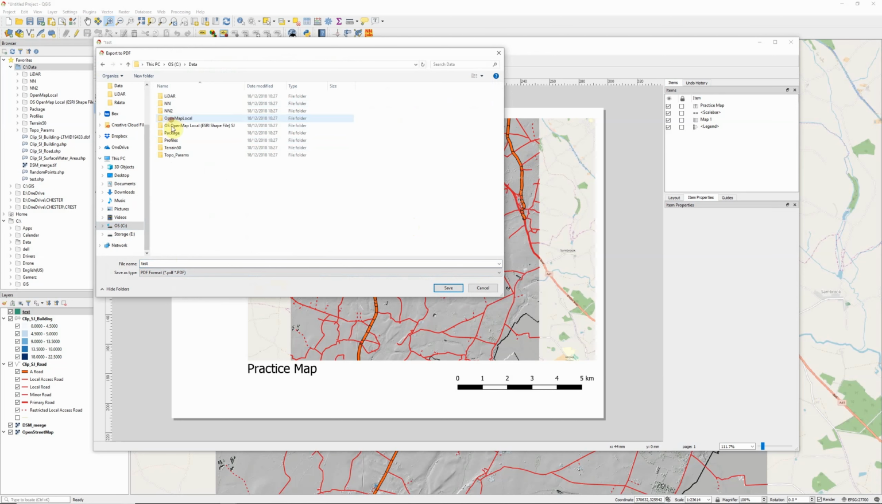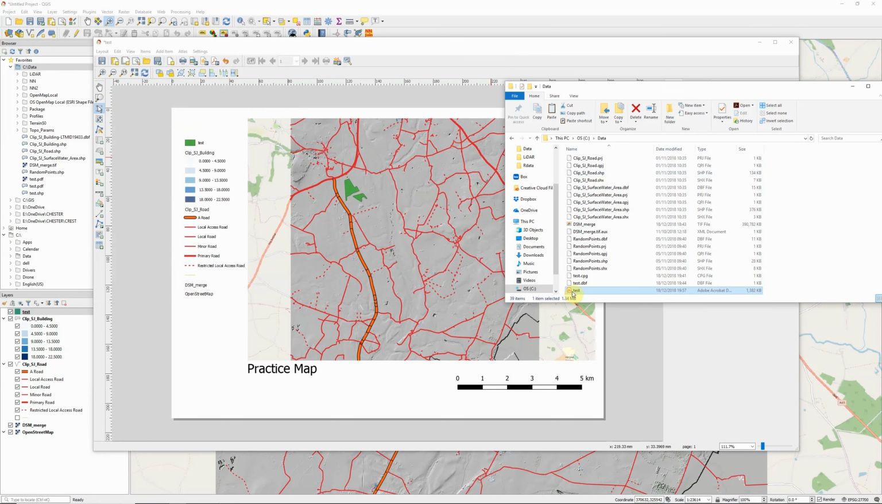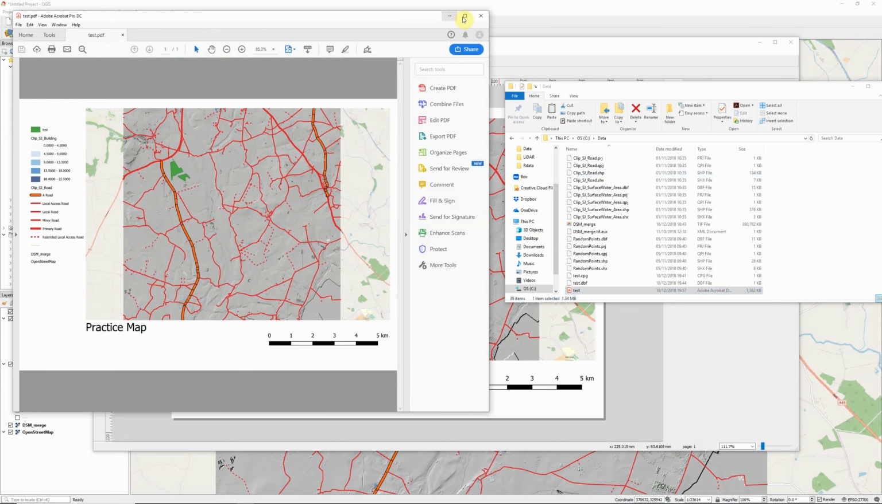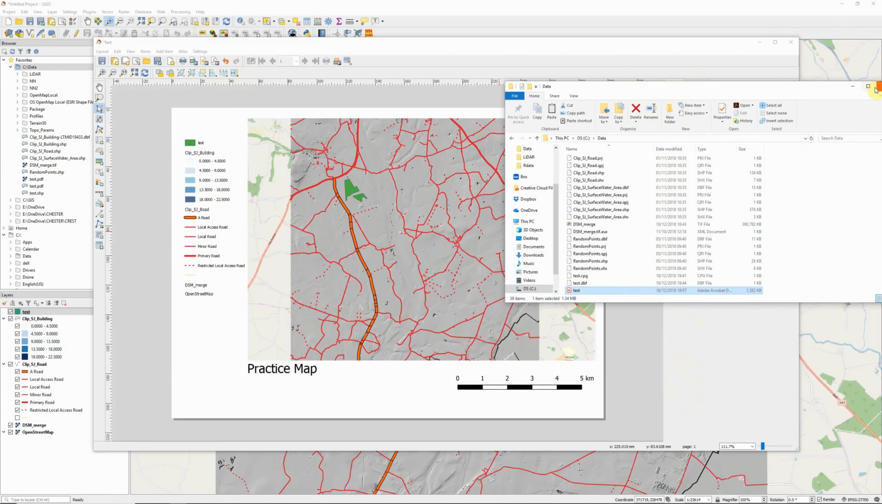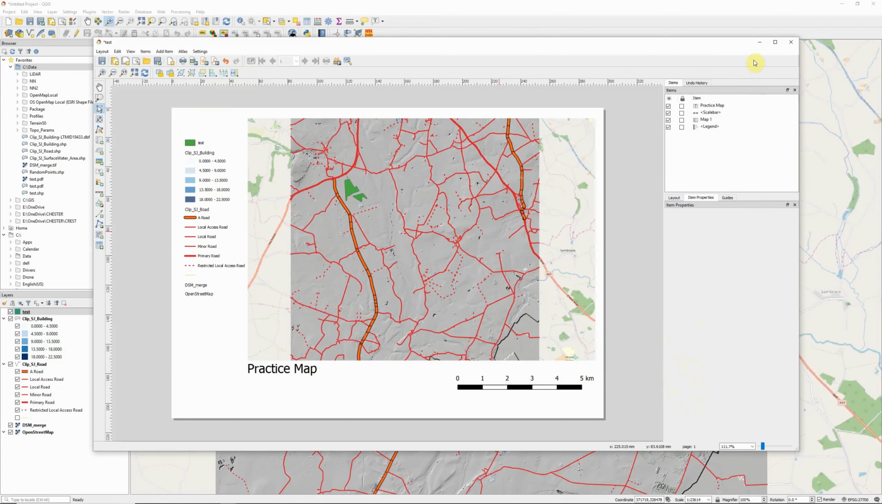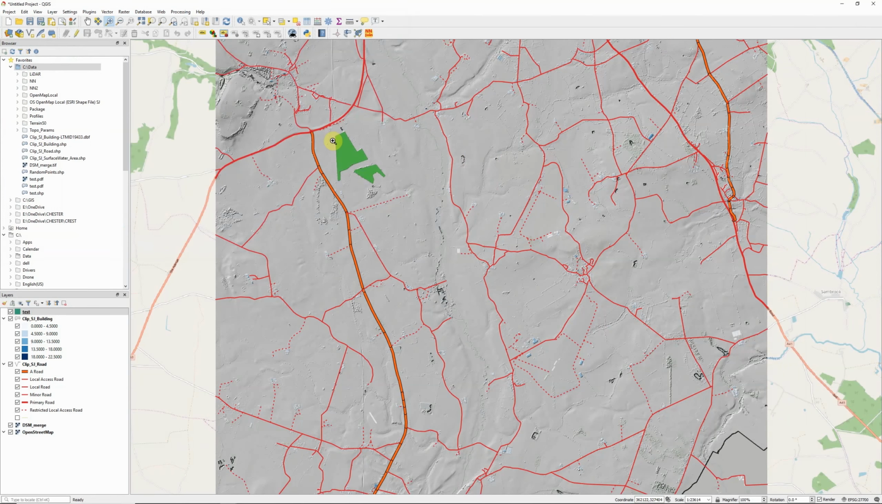If I go to data, call this test, save it there, and we can now open that up, and there we go. There's our exported map. So that's what we do in terms of